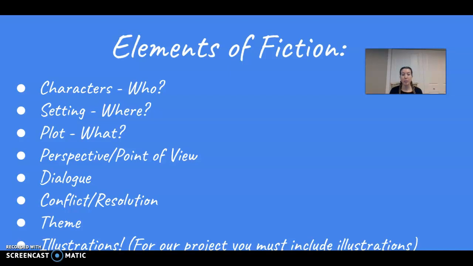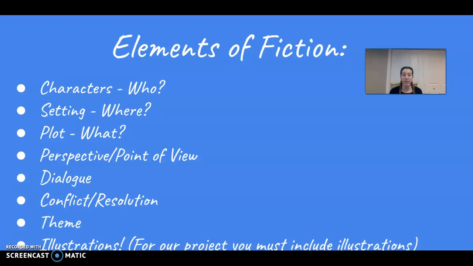Another thing that's extremely important is a conflict/resolution. And what I mean by that is in any book, show, movie that you watch, there is always a conflict and a resolution, okay? It's called a story arc. So we start out with the beginning, and as the story progresses, we're approaching some sort of conflict, whether it's a problem or a dilemma or a mystery that needs to be solved, something that keeps the reader interested. It's a big event that happens, and it's the main point of the story, the focal point. And then after that happens, you need to have a resolution. So problems need to be solved. And you'll see that as we work on our story mountain in just a bit.